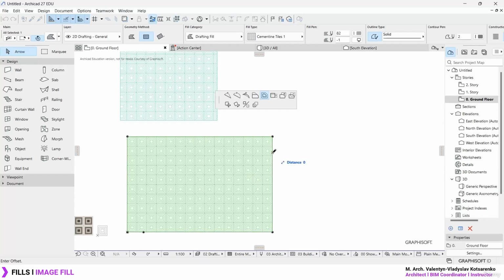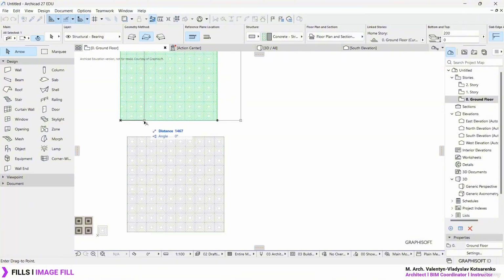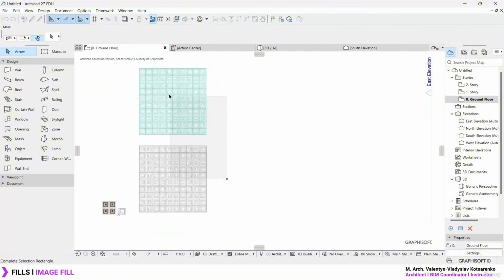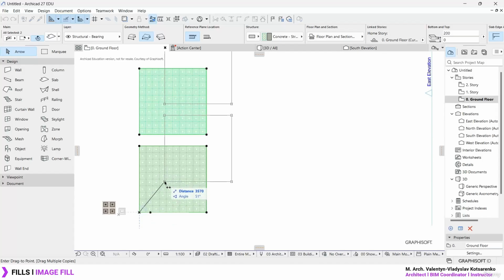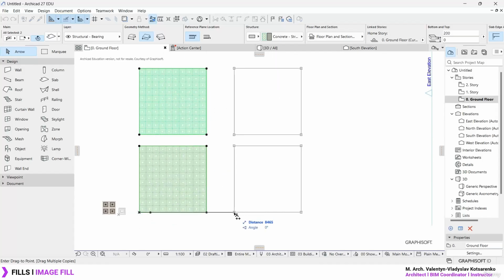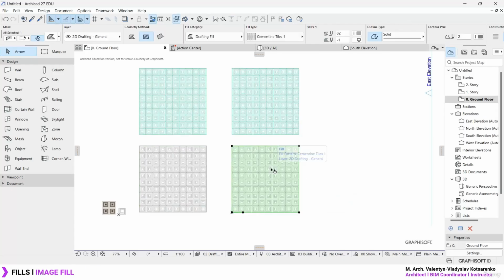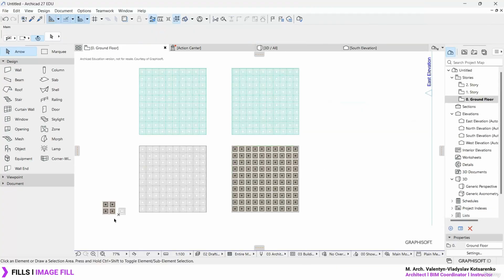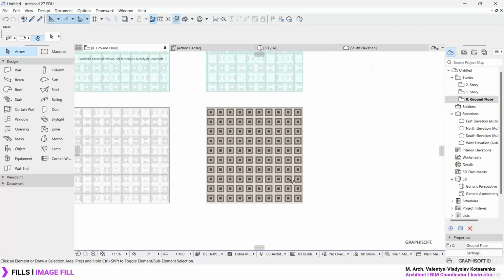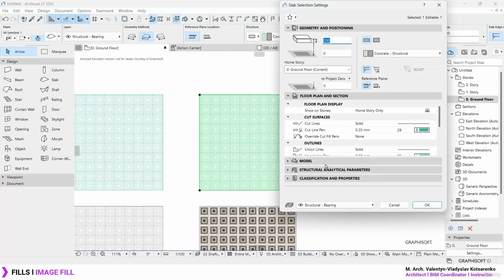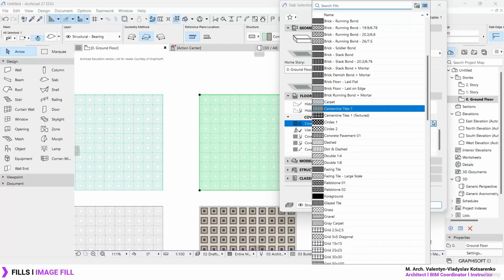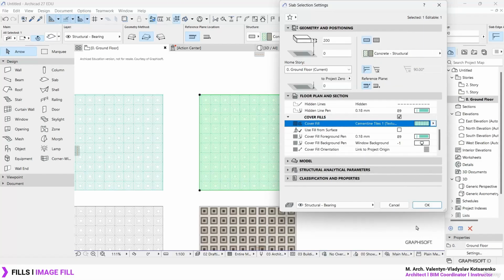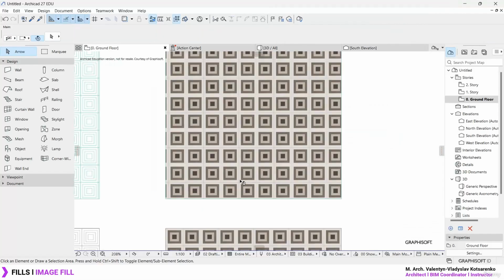try. So in this case, I'm going to maybe cut this a little bit, maybe align the slab with the field. So let's create a basic copy of the field or the 2D field and the 3D slab over here. For this case, let's switch the type of field. Let's search for the cementite tiles textured over here. And right away, you will notice that now the image is being repeated, and the same will apply within the